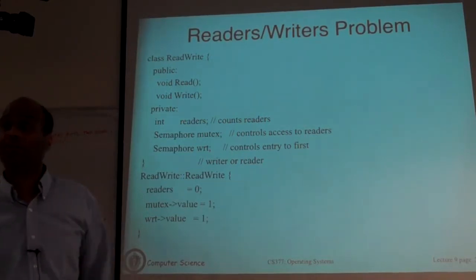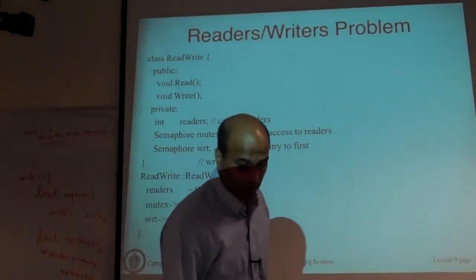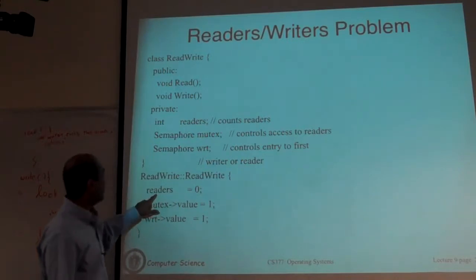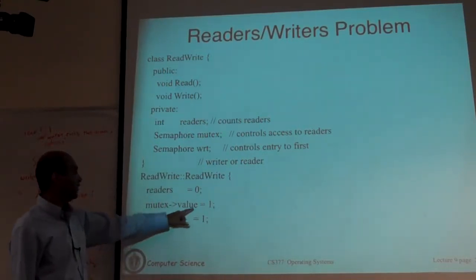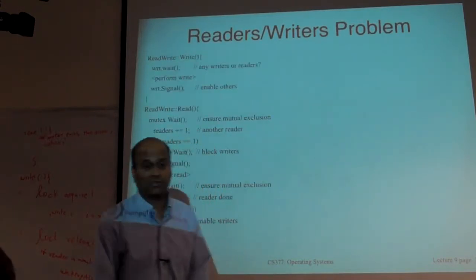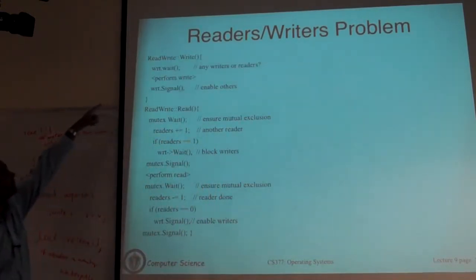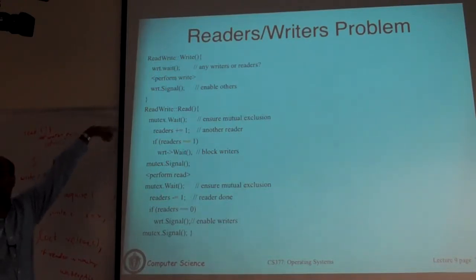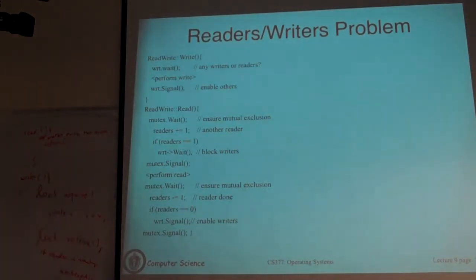Okay, and by tracking that, we can figure out what is the right thing to do. So we'll set the number of readers to 0, we'll set the value of mutex to 1. Both semaphores are initialized to 1. This is the code for writers. Basically you will just call lock, that's wait, and signal, that's lock acquire, lock release. Essentially what we said here.